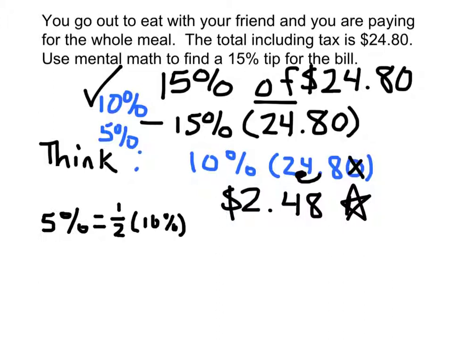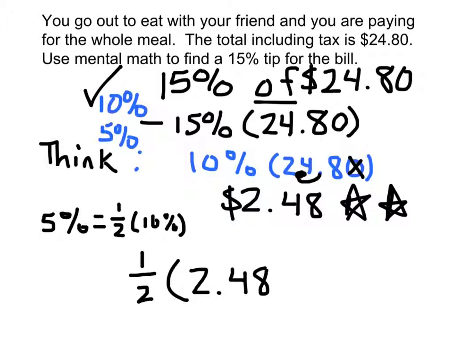Now to find the 5% that we still need to make 15%, all we're going to do is take half of that 10% tip. Notice here's the 10% tip again. The 10% tip was $2.48. So to find a 5% tip, you just take half of the 10% tip. To take half of something, you just divide by 2. So a 5% tip would be